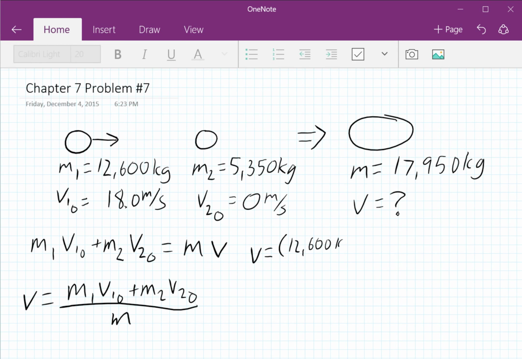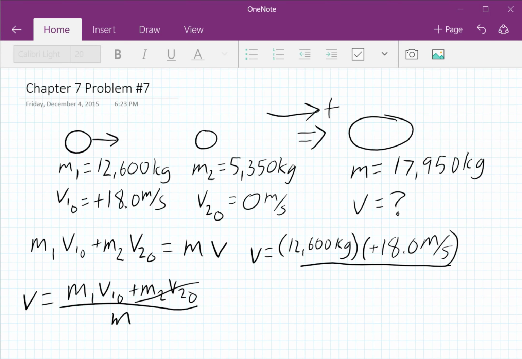12,600 kilograms times, I'm going to say to the right is positive, so that's a positive 18.0 meters per second. Now if you did this, if you said this is all 0, so you can cancel out, that's fine. You would just end up dividing this by 17,950 kilograms, and you get a velocity of a positive